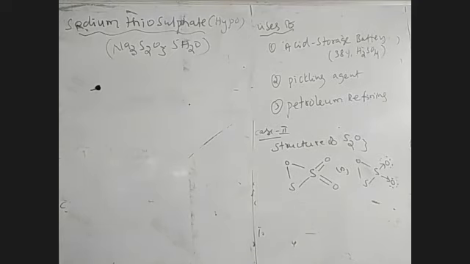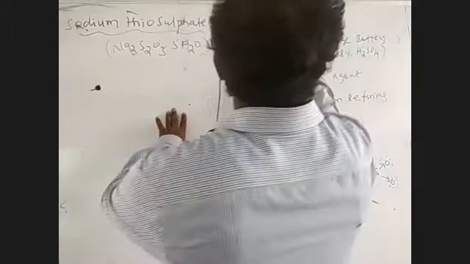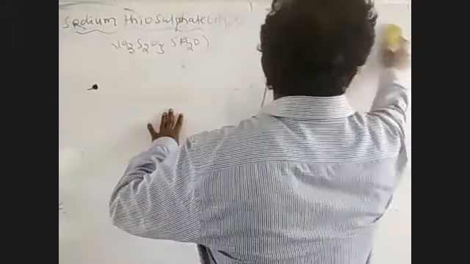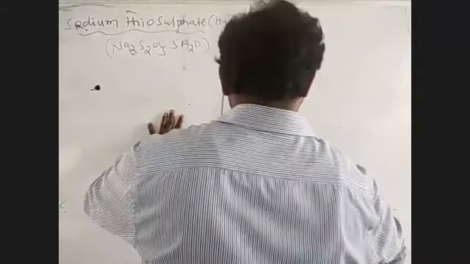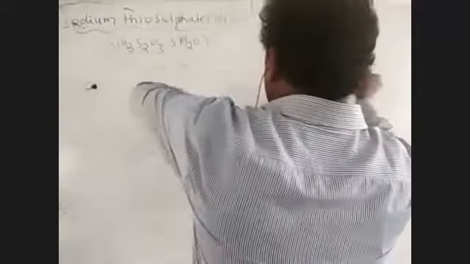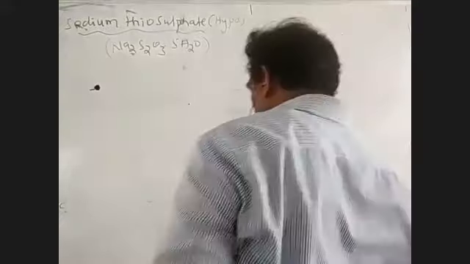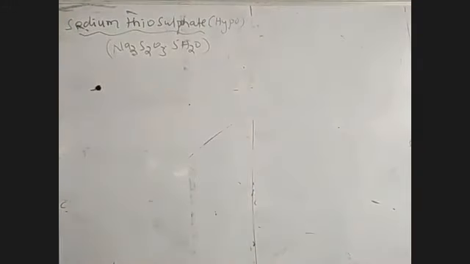Okay, next compound, sodium thiosulfate, is also known as hypo. It is an unstable compound. It is formed by, and that is the salts of thiosulfuric acid, that is H2S2O3. Here these thiosulfuric compounds are known as,